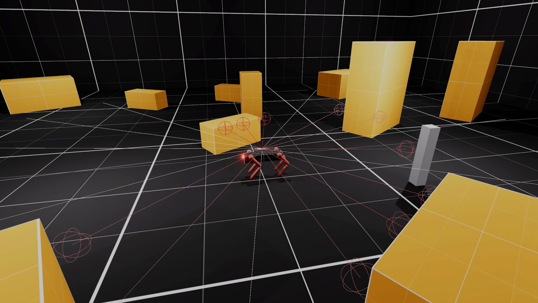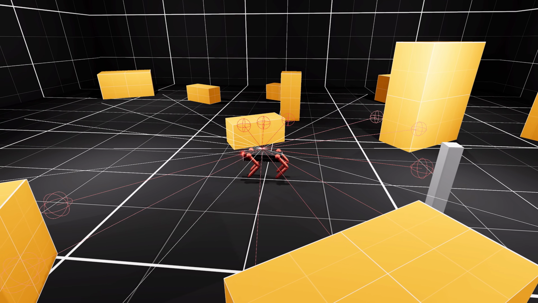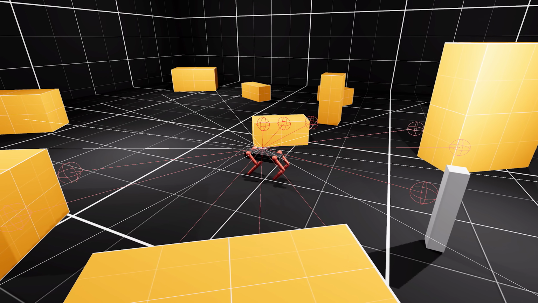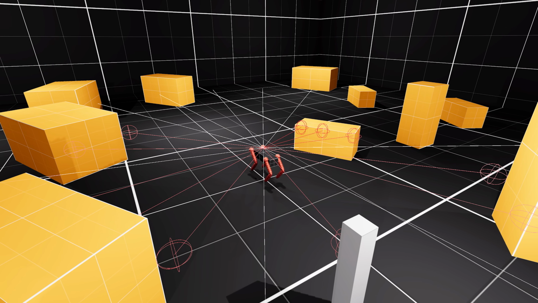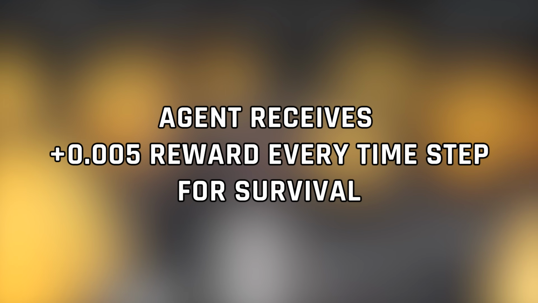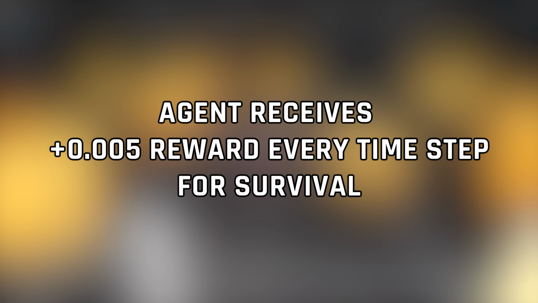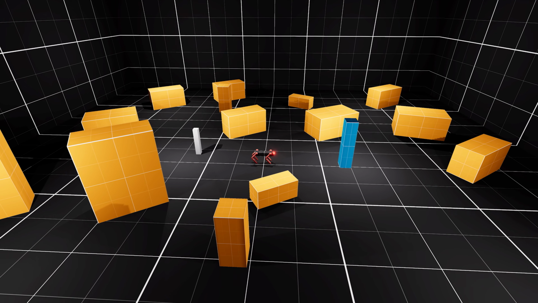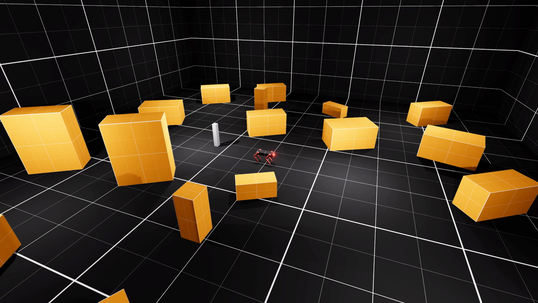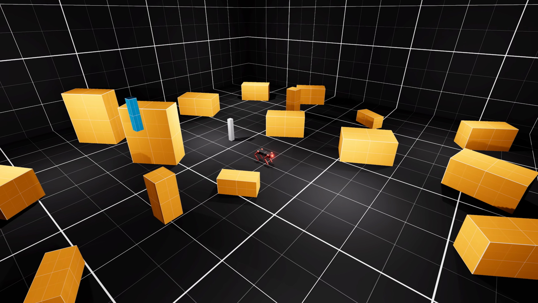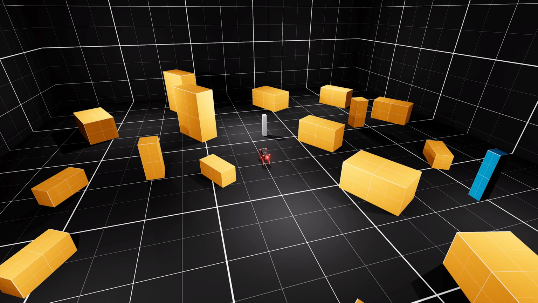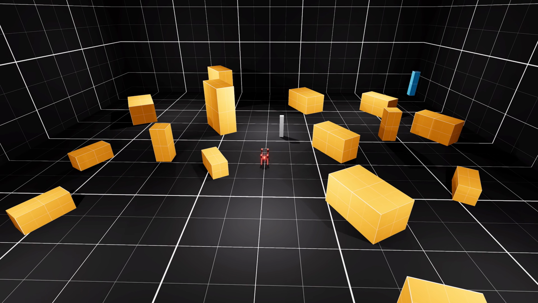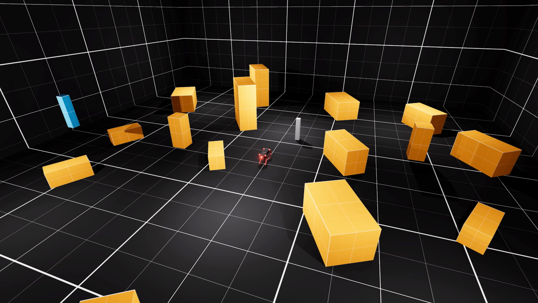To detect the chasers and obstacles, the higher tier agent is equipped with raycast sensors. This is similar to how LiDAR sensors work. We will also spawn random cuboids around the map and reward the AI for collecting it. The purpose of this is to see if the agent can learn to evade the chasers while collecting the cuboids